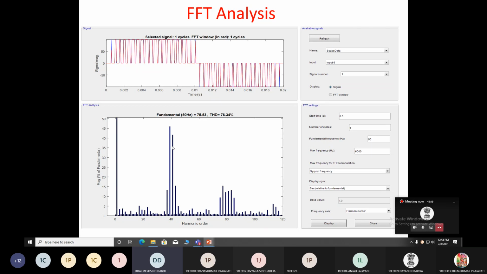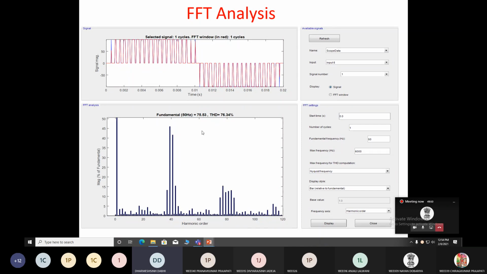It means the harmonic order in the unipolar technique is large as compared to the bipolar technique. And as we know, as the frequency order of harmonic increases, the size of filter components L and C will reduce. It means the size of the filter will reduce. So as compared to the bipolar technique, in the unipolar technique you require a very small size of the filter to remove these higher order harmonics.